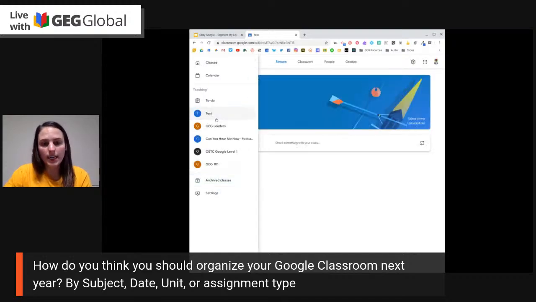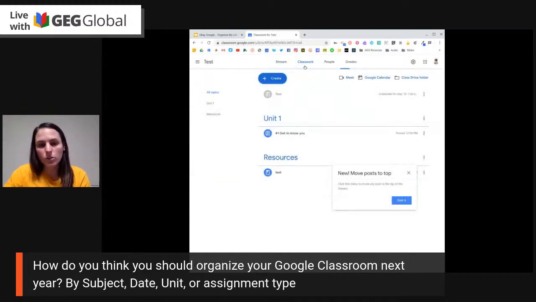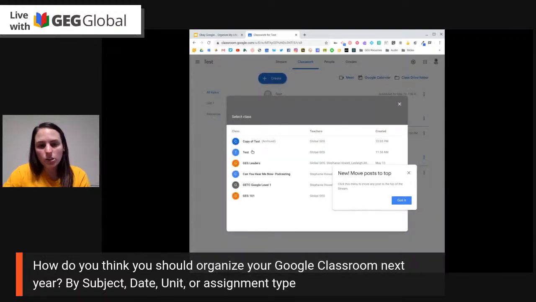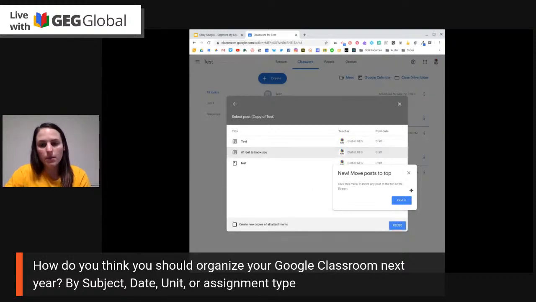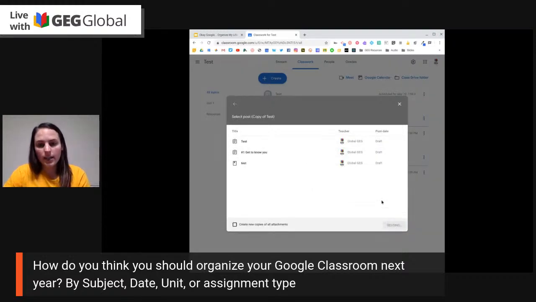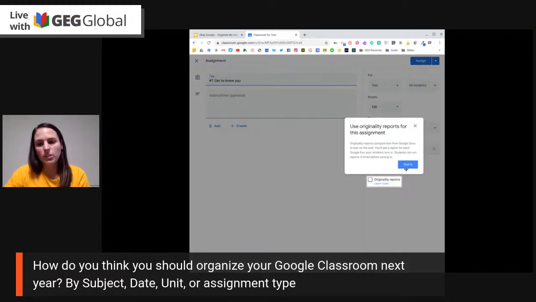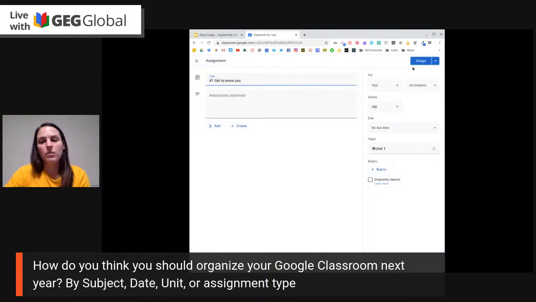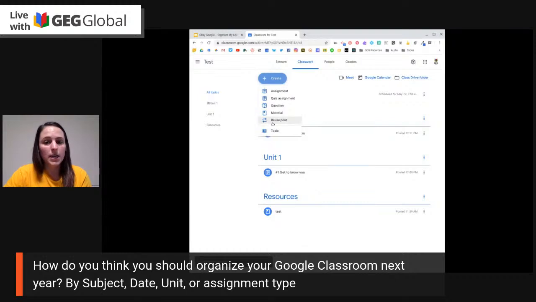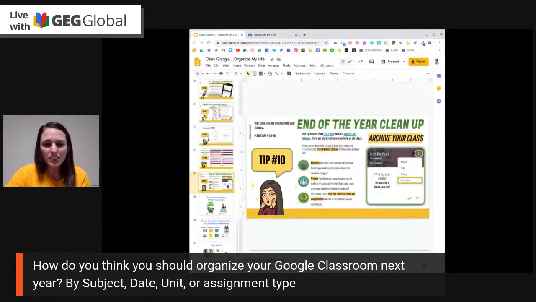And I want to go back to my test class. And I want to go to my coursework and I want to reuse a post. I can go back to that test class that is archived and I can reuse assignments from last year. And then I can click it and hit reuse and it is back on my classwork page. I can decide what I want to use and how I need to use it. And then I can click assign. A huge tip for reusing assignments as well. That doesn't get clicked nearly enough. And so those are all my tips for Classroom.